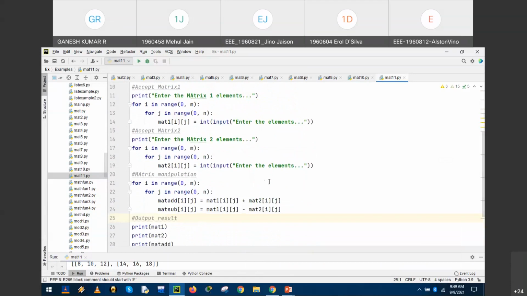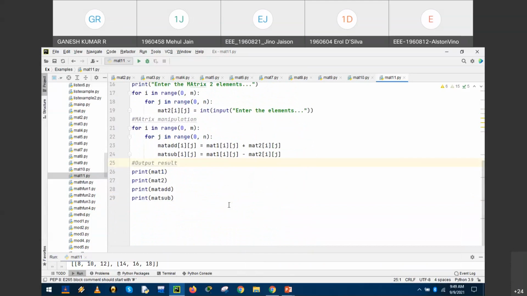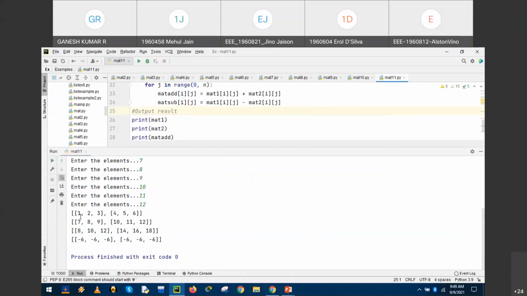So both matrix addition and subtraction, a two-dimensional array, have been defined in the Python programming. We have just 20 statements, 20 lines of code, to perform the matrix addition and subtraction. Right? So we can extend the program for multiplication also. Multiplication will be different because multiplication will be done with respect to row and column, whereas matrix addition and subtraction will pick the corresponding elements, right? Will pick the corresponding elements.